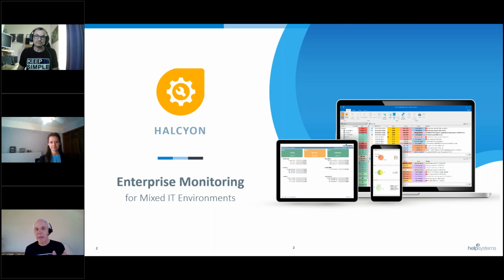And though it's really best known as an IBMI solution, it's a very capable multi-platform monitoring, bringing IBMI and non-IBMI into a single view called the Enterprise Console. We're going to talk about that as well. We've also developed an extensive library of predefined rule templates so that you can get up and running in minutes,